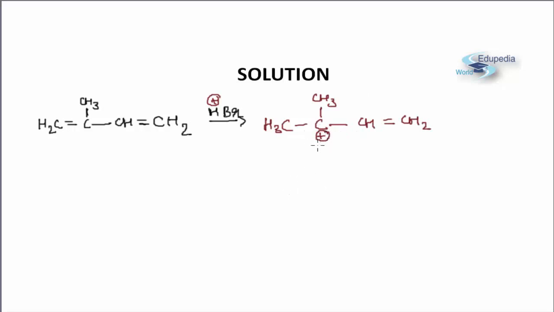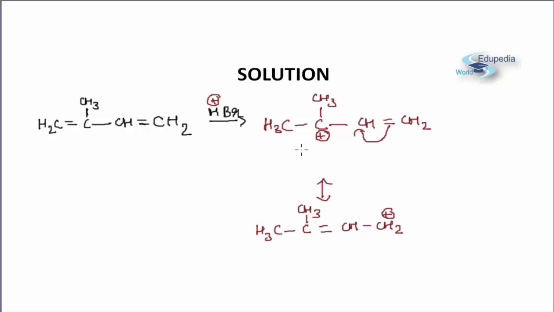So this is the carbocation which is a 3-degree carbocation which we are getting, and obviously there will be resonance also in this carbocation because there is a pi sigma positive conjugation. So if I draw the resonating structure for this carbocation, the pi bond shifts over here and we get CH3, C, CH3 double bond CH, CH2 positive. Okay, so these are the two carbocations which we are getting.